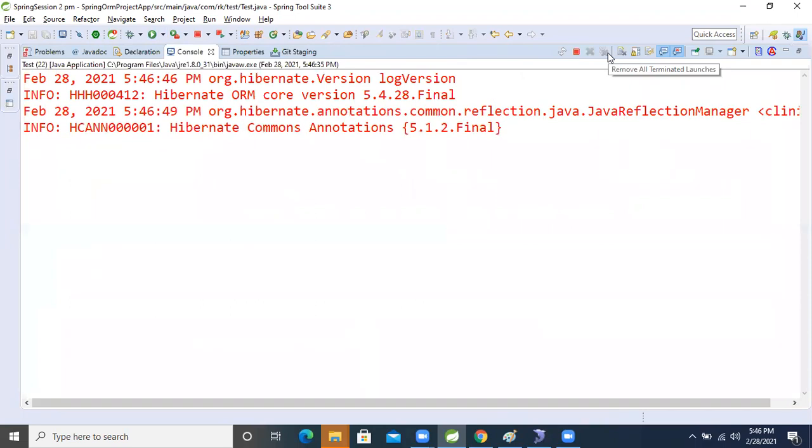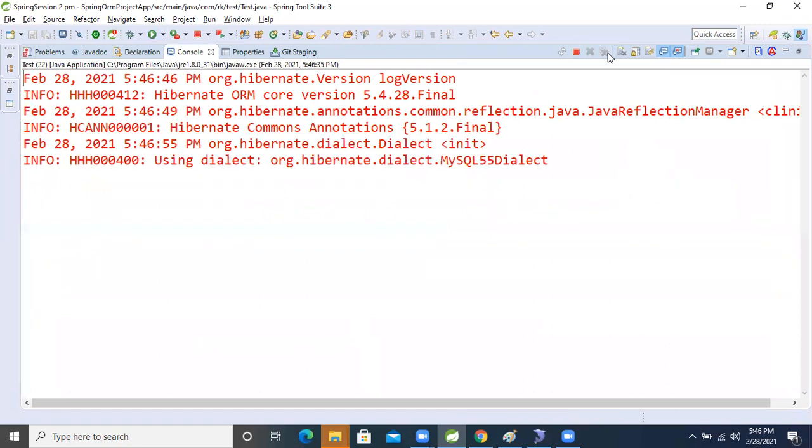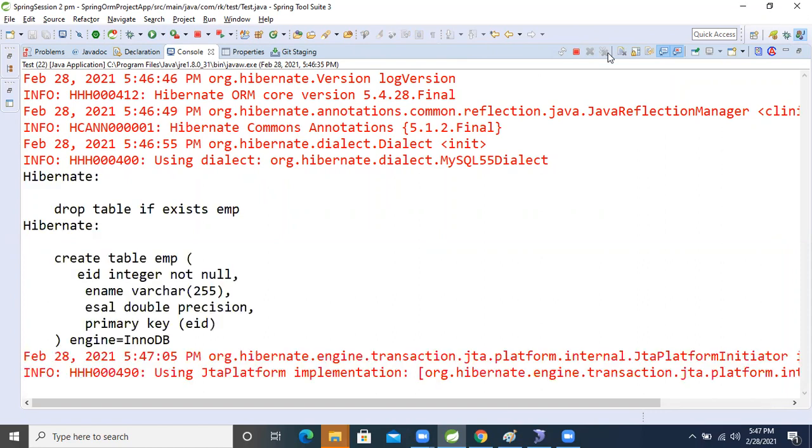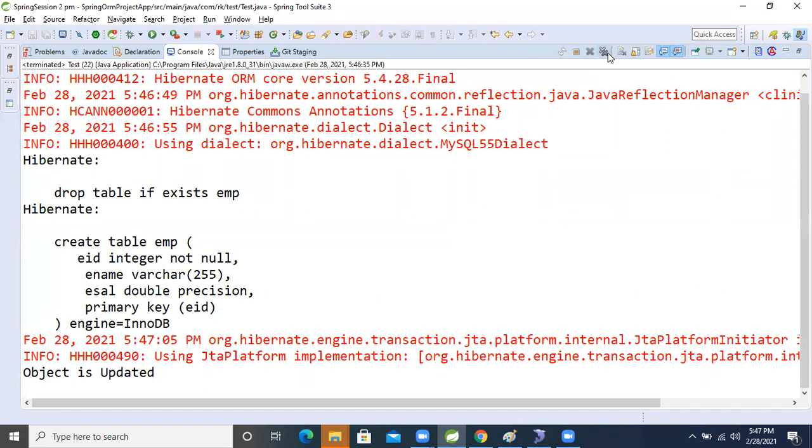Observe the console. Yeah, object is updated. Come to the database.